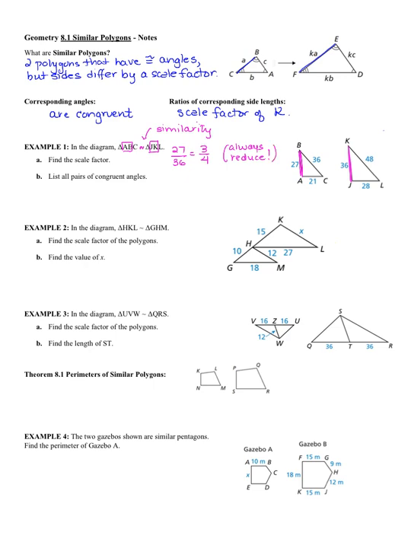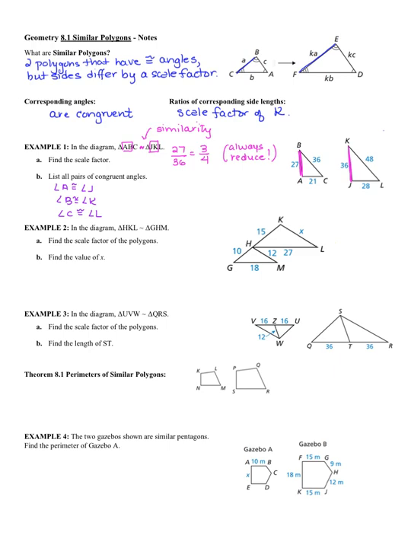Now, we want to list all the corresponding angles which will be congruent. Realize that you can just pick it off from the list. You don't even need a diagram. We know that angle A will be congruent to angle J. Angle B will go with angle K. And angle C will be congruent to angle L. Okay? All right, and then again, we want to find in this next example,